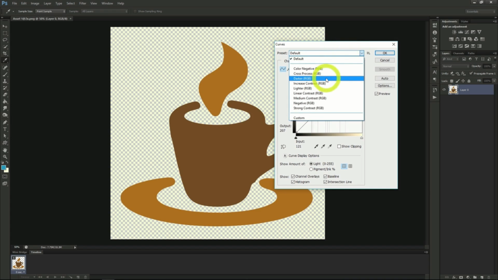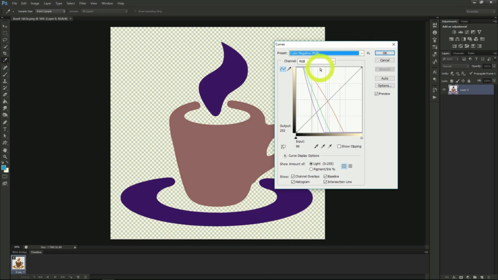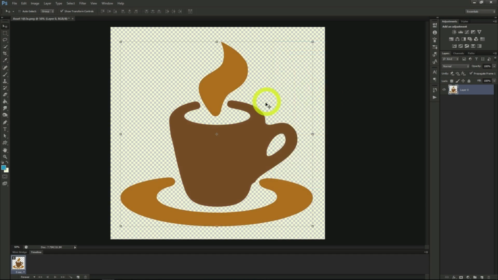Setting the color preset to color negative changes some things here, which we'll explain. As you can see, the individual values on the chart have changed. The original black line is still the same, but each individual color has changed. This is a permanent way to change the values of the image, but if we wanted to make it something